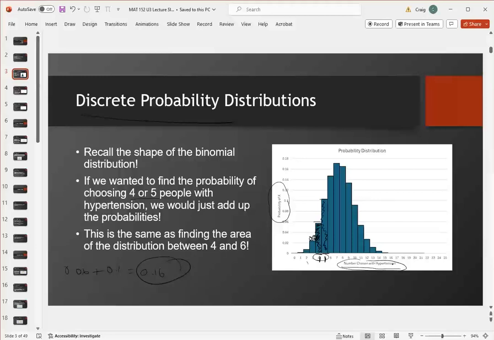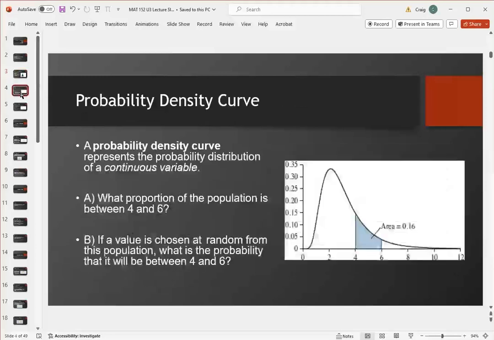And so we can expand this idea of probability distributions to deal with continuous variables. Okay, and so probability density curve is what you see here. Very similar to the discrete probability distribution you saw in the last slide, except now our x variable can be continuous. It can be anything between 4 and 6. It's not just those two numbers. And so from this graph, right, if we wanted to find the proportion of the population that's between 4 and 6,